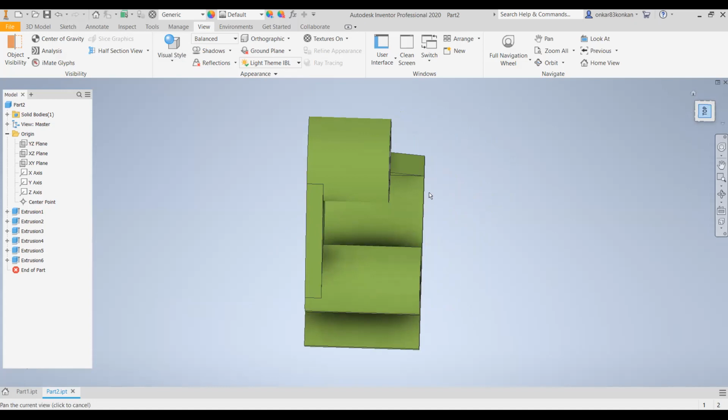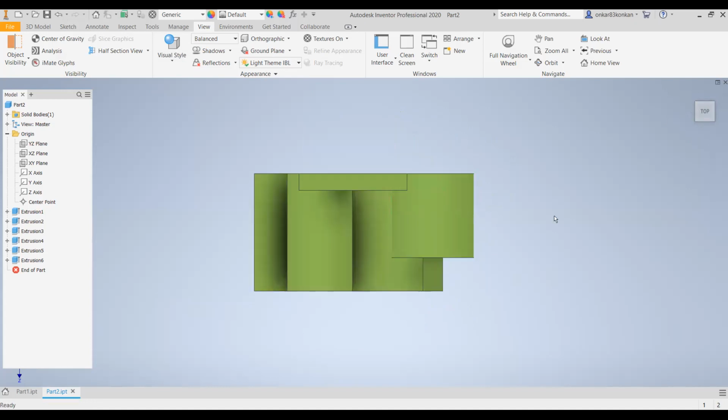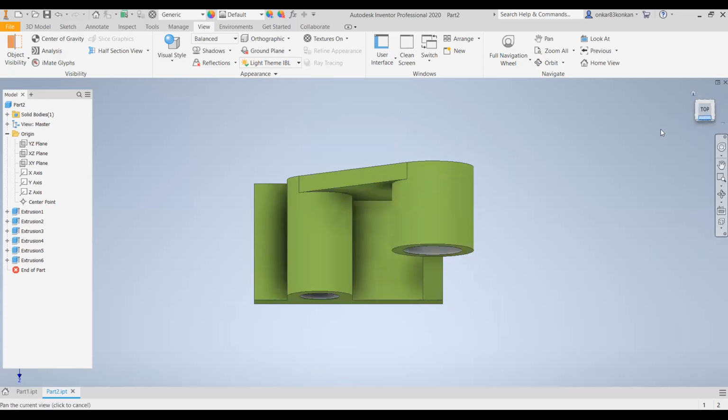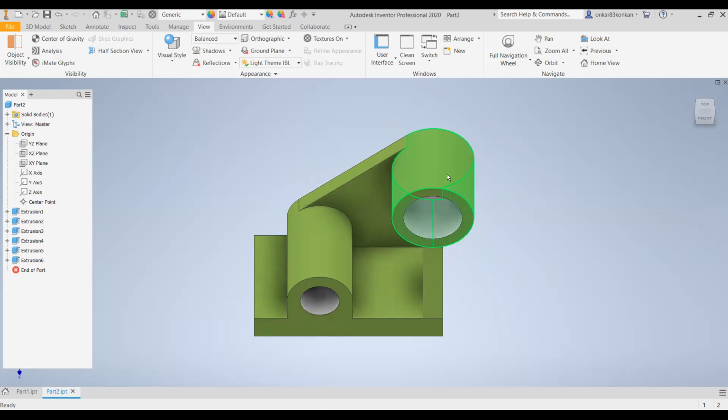For the top view, this cylinder will appear as a rectangle. Even this cylinder will appear as a rectangle. This rib will appear as a rectangle, and again this rib will appear as a rectangle.